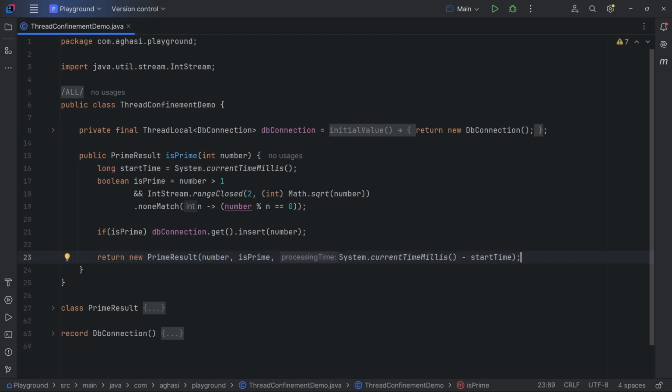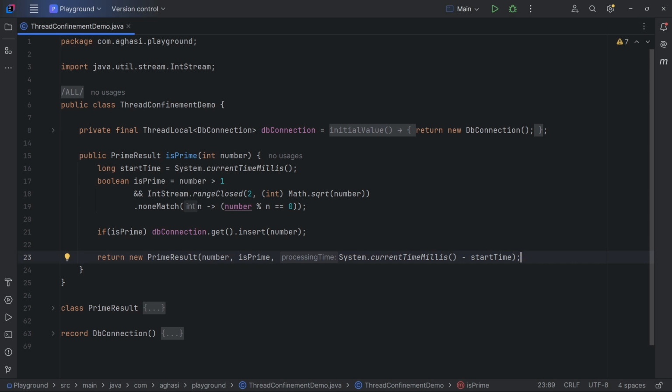But there is an issue with this implementation. Our program is a multi-threaded program and the result of the isPrime method could get shared between multiple threads. The current implementation of the primeResult class is mutable. Fields can get modified by multiple threads at the same time, so primeResult is not thread safe. In this case, we can make the primeResult class immutable to avoid atomicity and visibility issues of shared data.